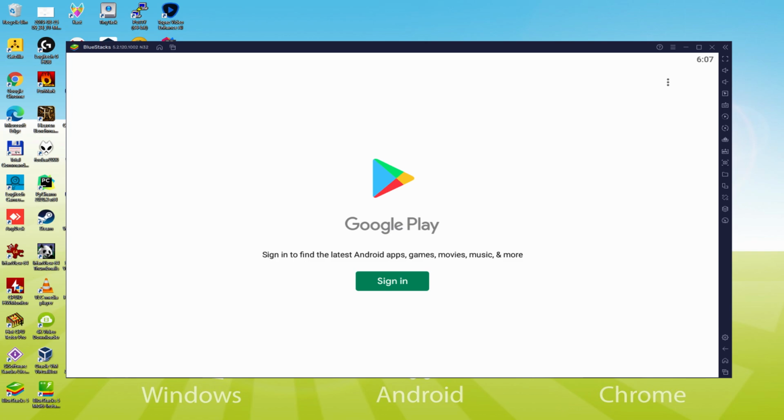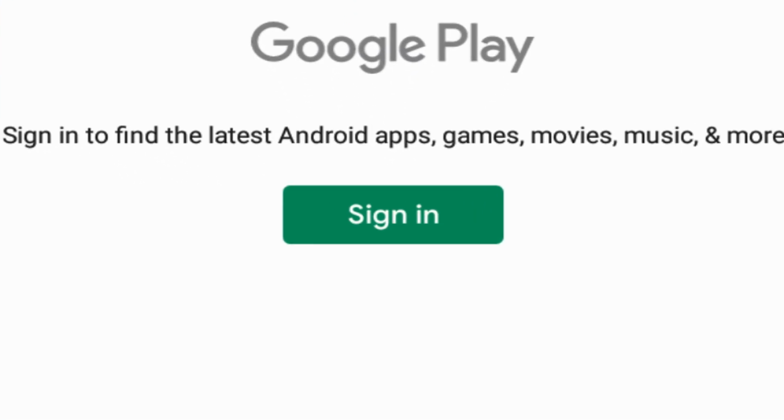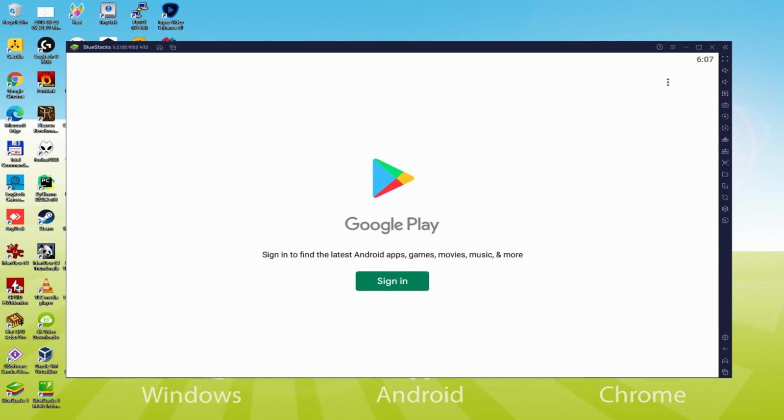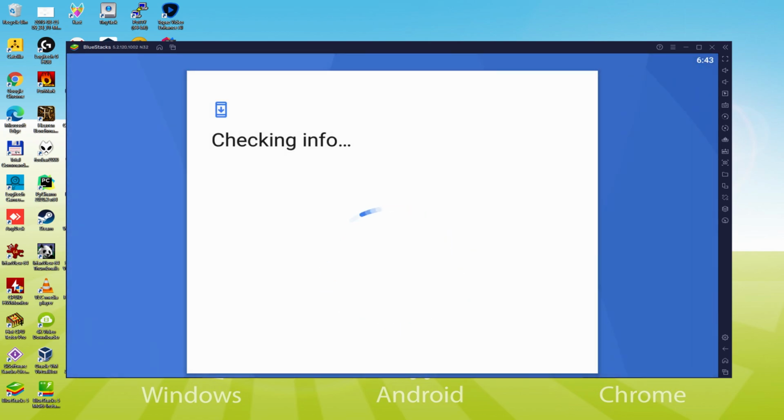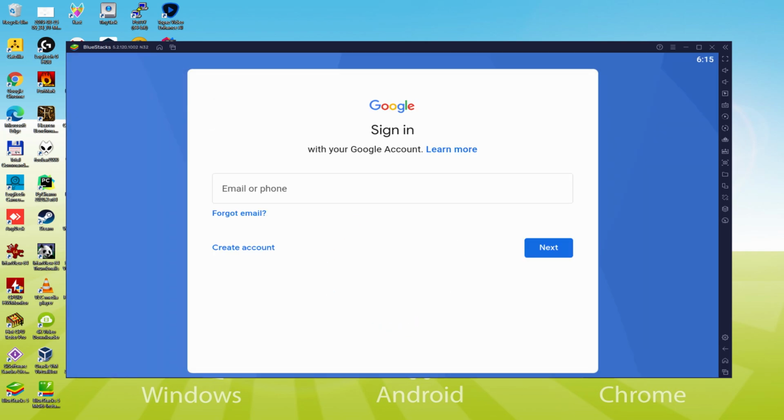As you can observe, the Google Play is launched. Here we have got to sign in. At this time when we are on this page, we have to do the next phase which is mandatory. Therefore we just click on Sign In. At this moment it says, Checking Info. It can occasionally get blocked in Checking Info, and it does not continue. If that's the case, you can try to connect to your account after a couple of hours and it will almost certainly be sorted out. At this moment we are going to enter our login name and password.